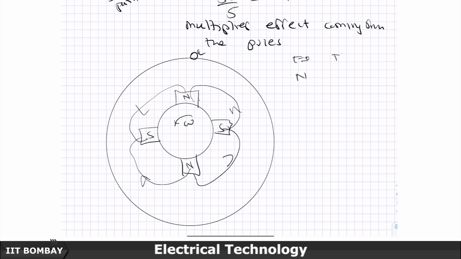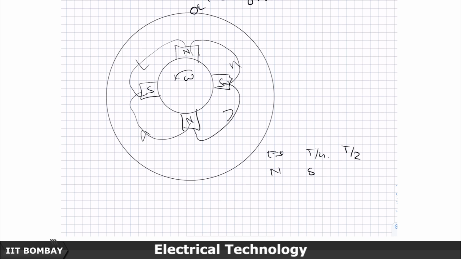At t by 4, it will see an S, then at t by 2 this north pole would have come back here. So, it will see an N, and at 3t by 4 it will see S again, and at t it will see N, the north pole coming back, is it not? So, therefore,